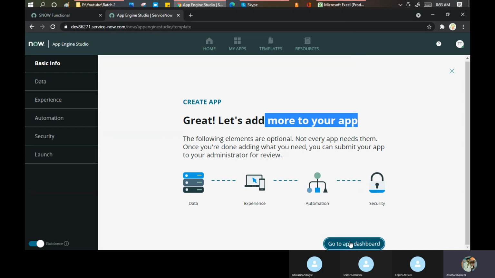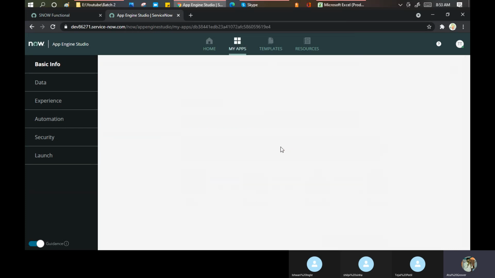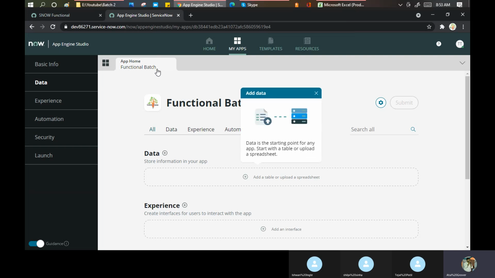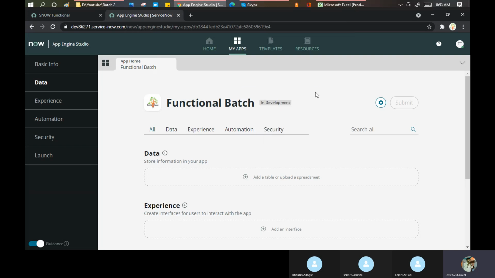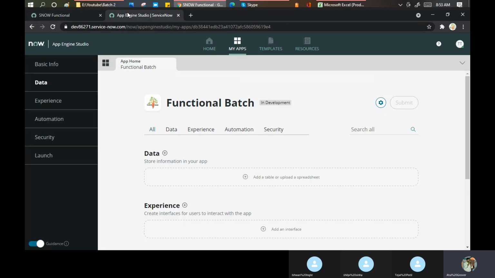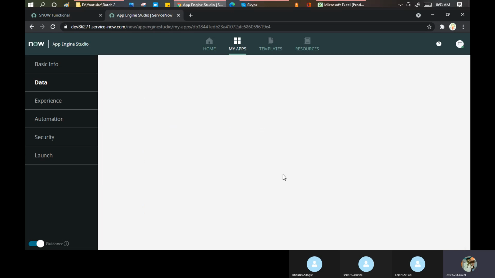Create dashboard. Let's see what happened in my dashboard. When I click on the dashboard, I can see that this is my application name. Now I need to create a table. We know how to create a table, right? Either you can go to Tables, but that is a custom table, and this is called the scoped application table. I'll show you the difference here.